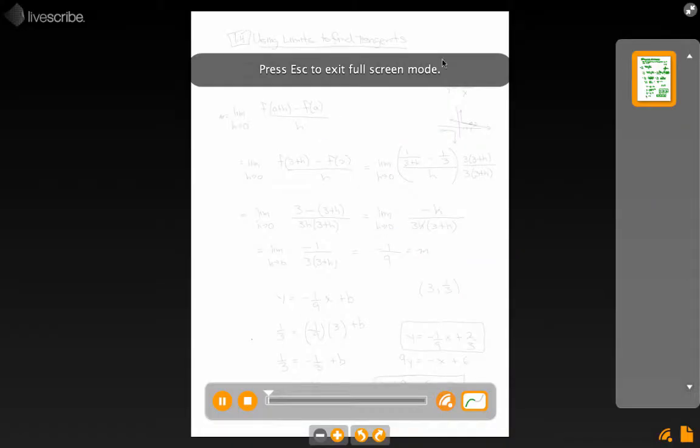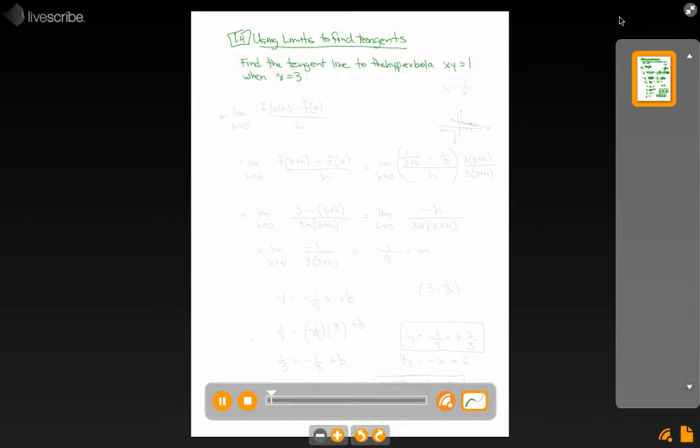This example comes out of section 1.4, using limits to find tangents. In this question, we're asked a similar type of one as the example before that said find the tangent line, or the equation of the tangent line to the hyperbola x times y equals 1 when x equals 3. I took this one from your book intentionally just to show you that when you have xy equals 1,